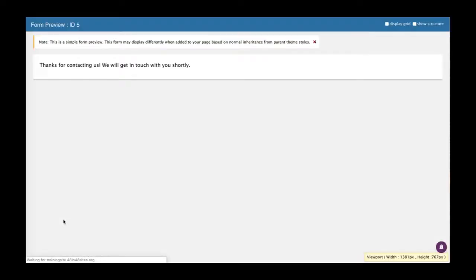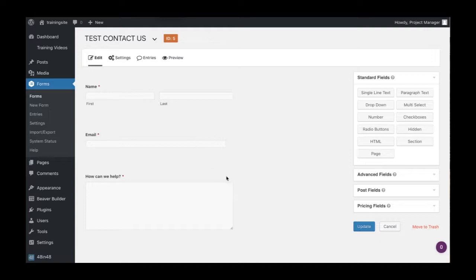So thanks for contacting us. We'll get back with you shortly. And now, because this has been opened in a new tab, we can actually go back to this area here. You can go to Settings, and under that you can actually